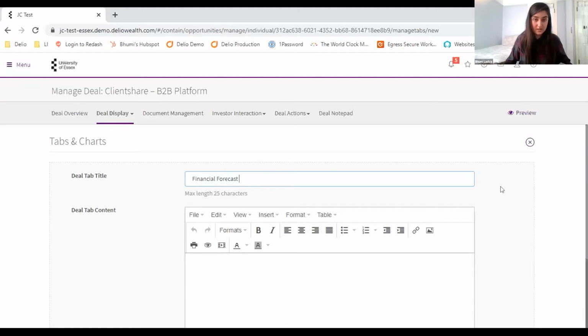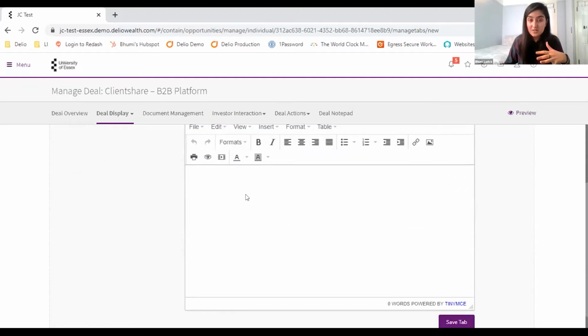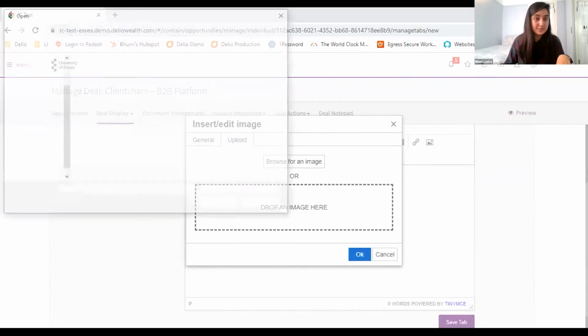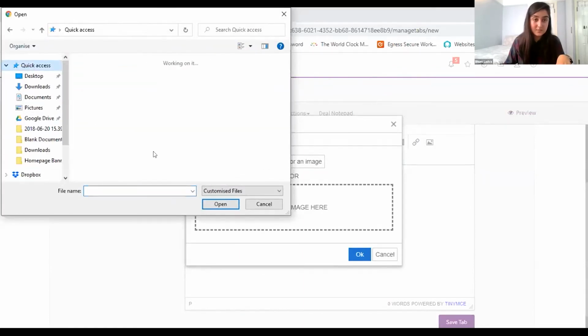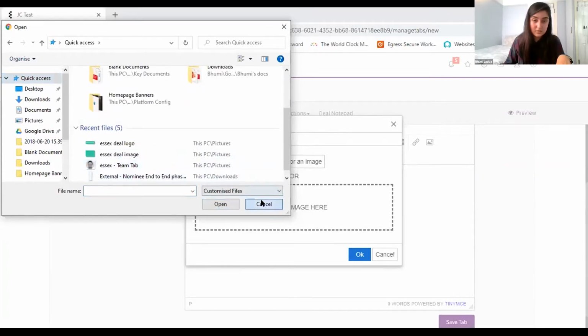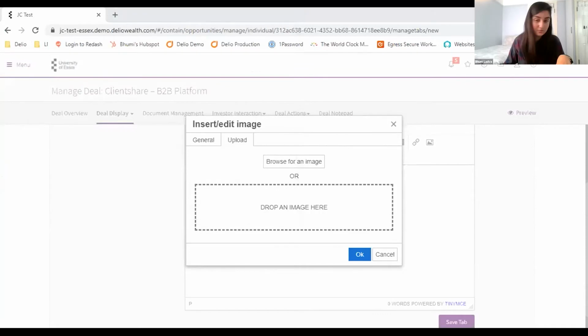forecast. I can either fill in that information as I did for a deal overview, or in this case, I'm just going to upload an image with this information. So bear with me a second, and I will show you how that turns out.